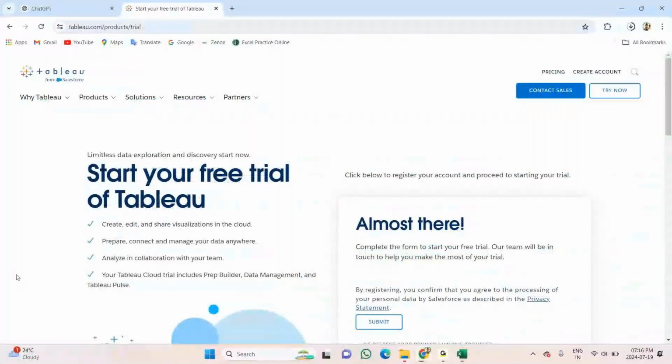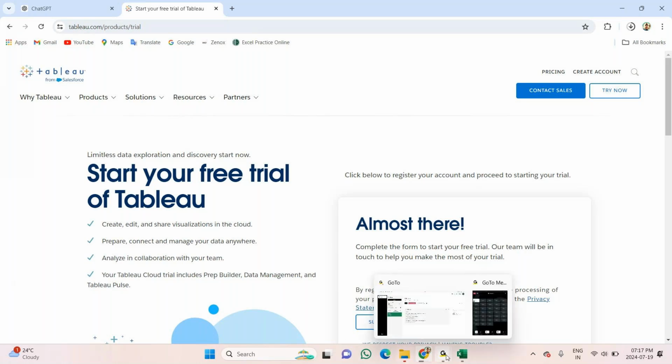Tableau Public doesn't have an option to save. Second, this desktop you can save, but it is a trial version for 14 days. So I'll be sharing the link. You can check on the link also and try to download it. Clear?